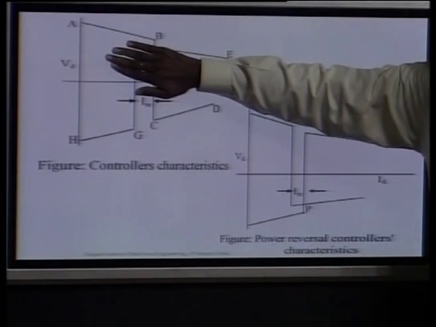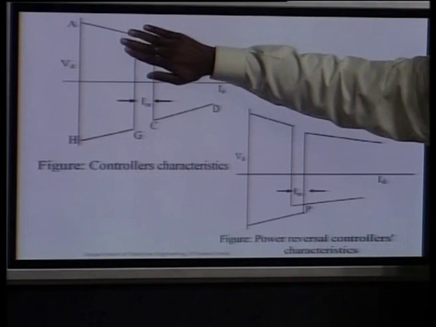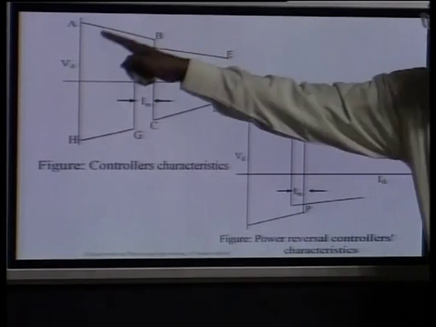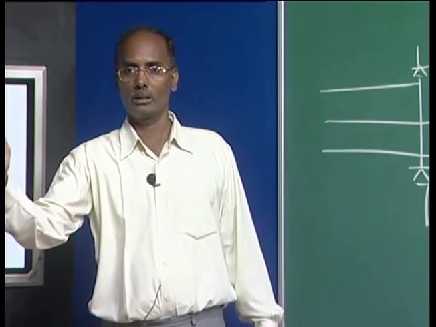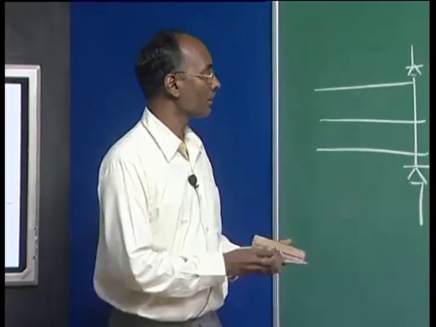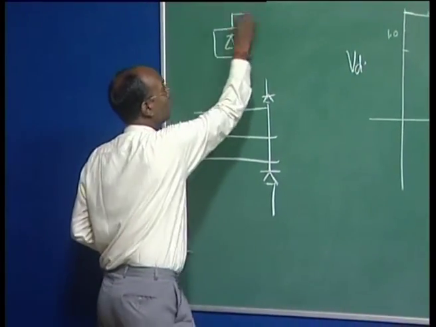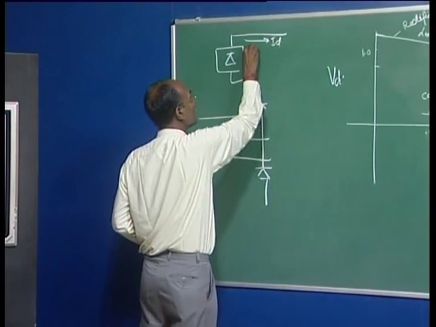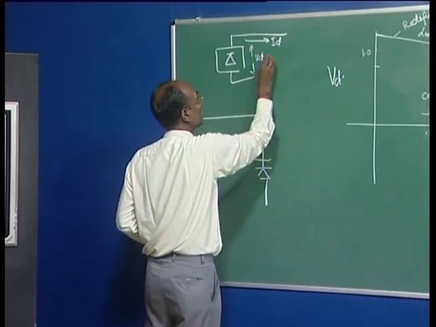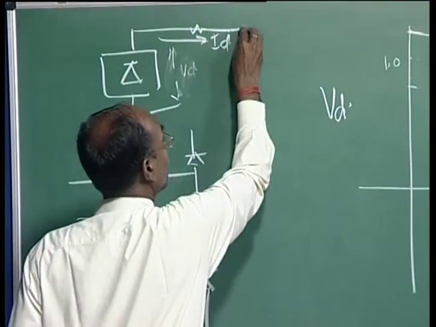Even though this characteristic, as I said, we will see there is just some modification required, but this is the first coordinate when the power is flowing from your rectifier to inverter end. As I said, this is your rectifier, the power is flowing here, that is ID, and this is your VD positive. VD we are taking including your line as well. Here it is your VD.